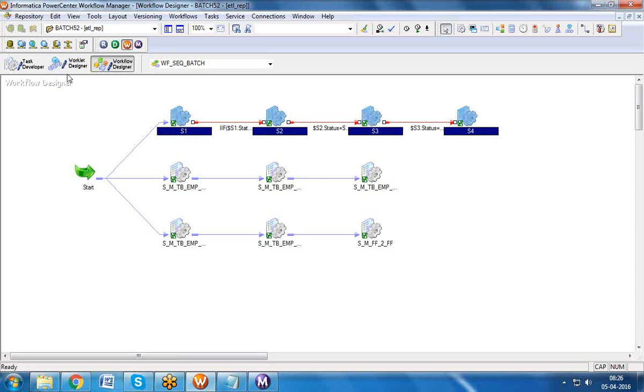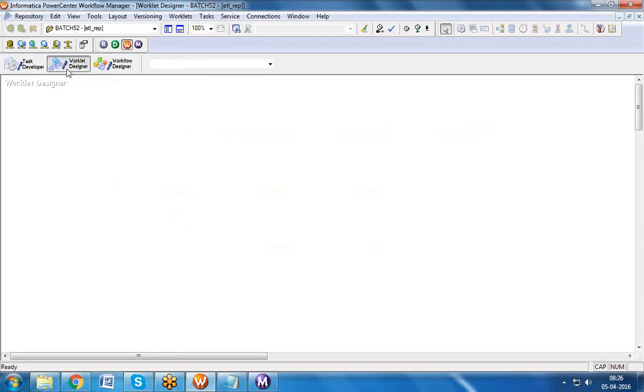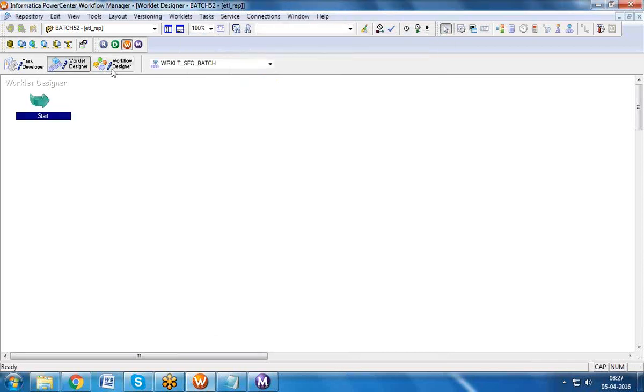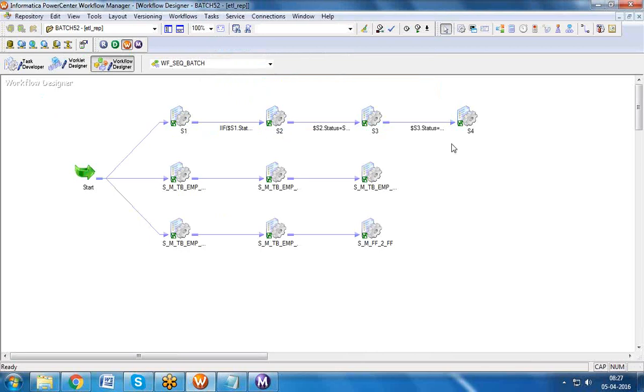Then how to do it? Click on Worklet Designer. A worklet is nothing but a workflow. Click on Worklet Designer and give a worklet name. See how many sessions are there in the first pipeline? Four sessions.